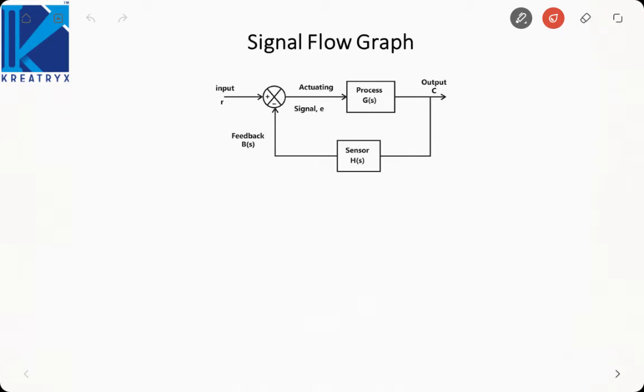Hi guys, up to now what we have studied is we have represented control systems in terms of block diagrams, where we have represented each subsystem or each component in the control system by a transfer function, and then we have connected those subsystems in a particular configuration to get the entire control system. We saw what are open loop and closed loop systems, but now we will see an alternate way of representing a control system in terms of signal flow graph.